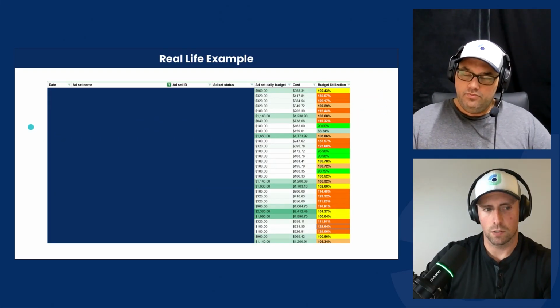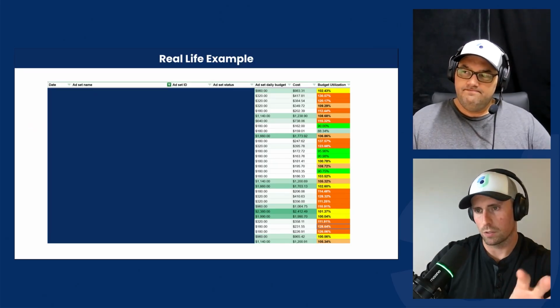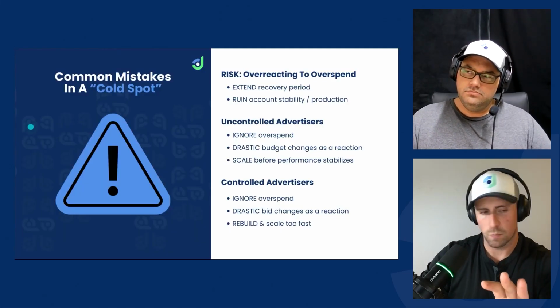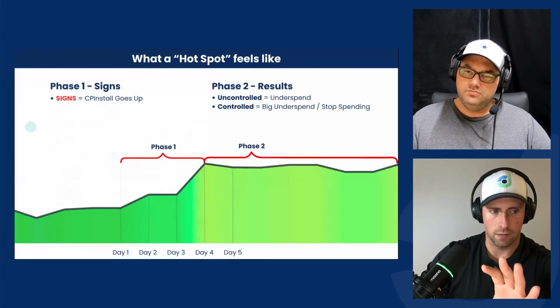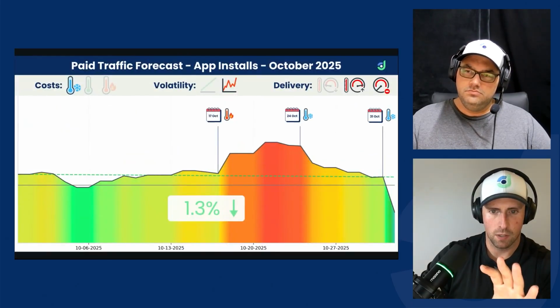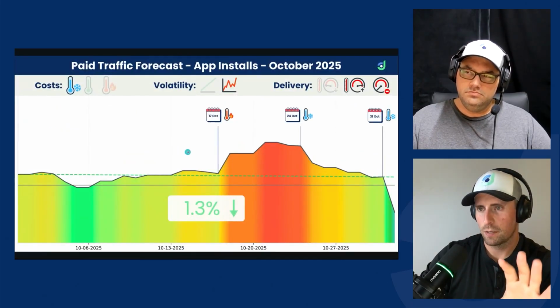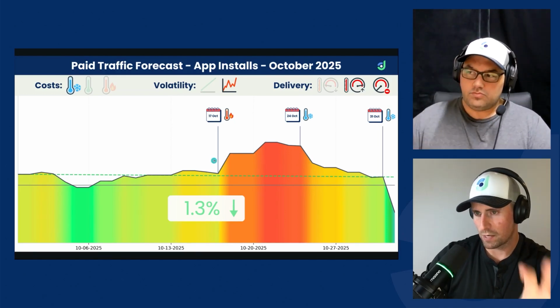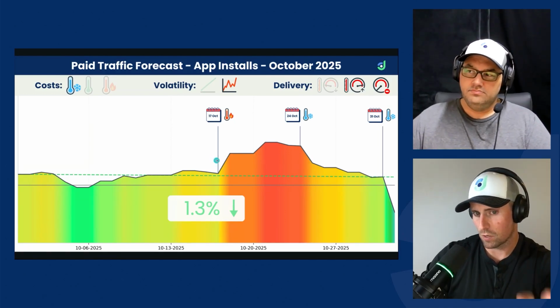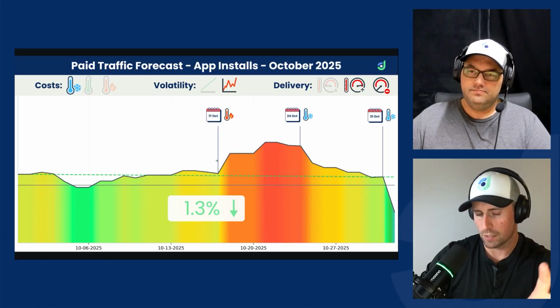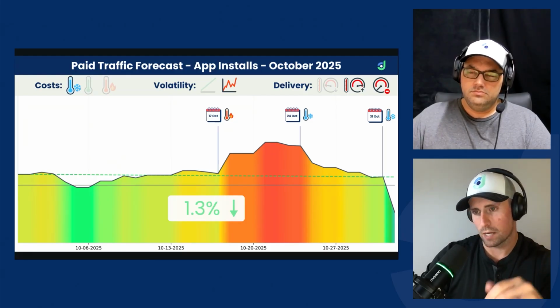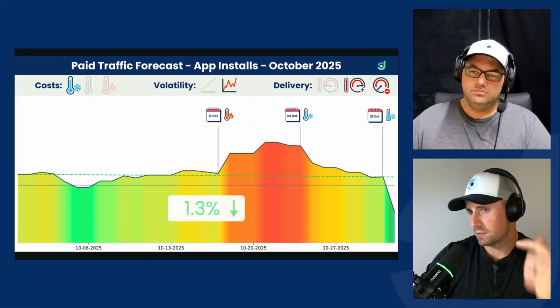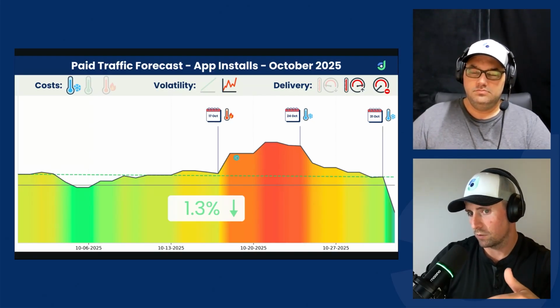Cool. So I actually want to go back here really quickly. Ross did a really good job of explaining hot spots and cold spots. I just want to take a second to explain what's going to happen to you during this period. As Ross said, especially if you're a controlled advertiser, starting on the 17th, plus or minus a couple days, you're going to start getting choked out. And the initial gut reaction is scale up my bids, scale up my budgets, rebuild and relaunch.